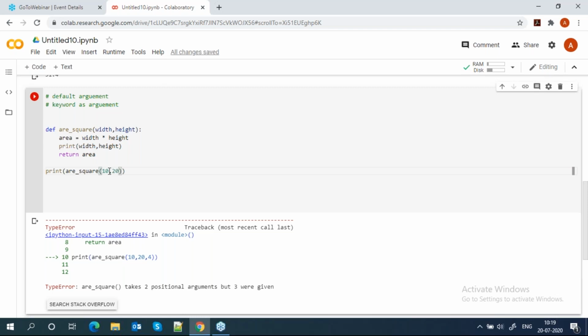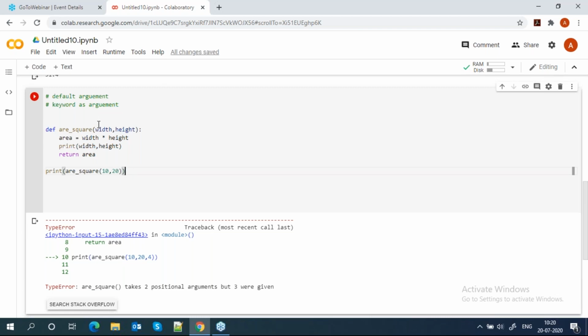So whenever you call the function, the count of arguments must match. If you have 2 arguments, you need to pass 2 arguments only. If you pass one argument more, it will give an error. If you pass one argument less, it will also give an error.